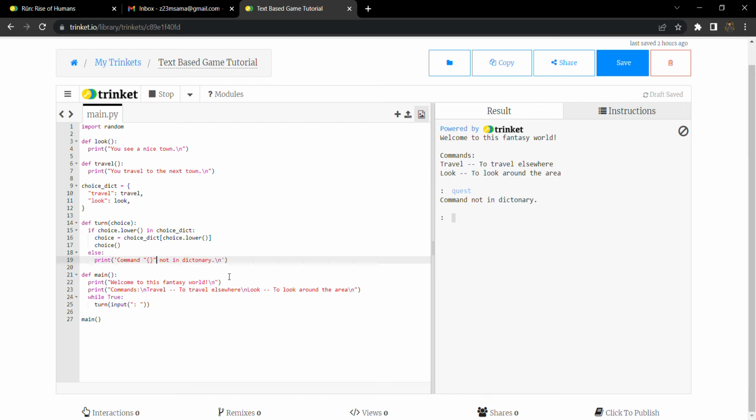The reason we want to do that is so we could use dot format, the format function, which will change this to whatever we have in here, and we want to switch it to choice, because if this is not found in the dictionary, we'll just take this and shove it in there. We type in quest, command quest is not